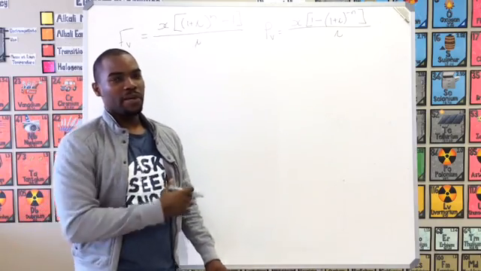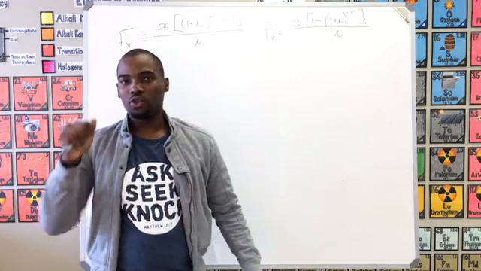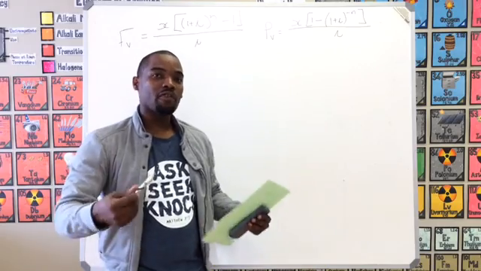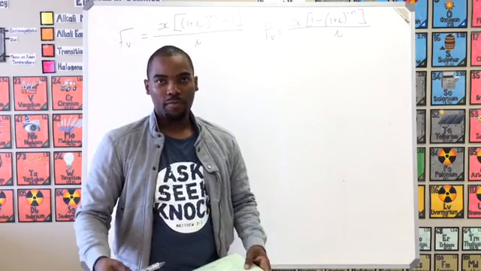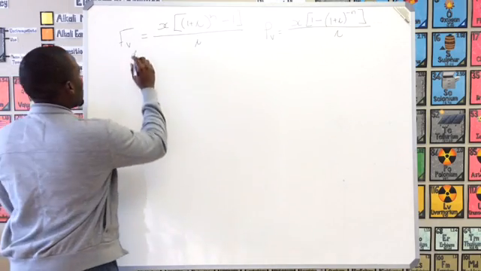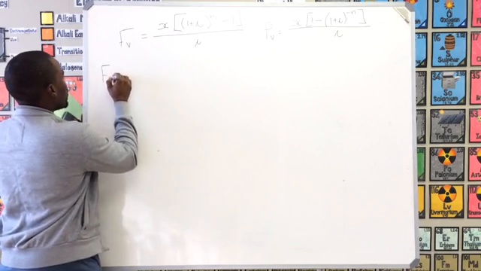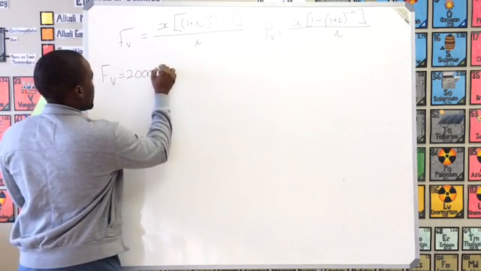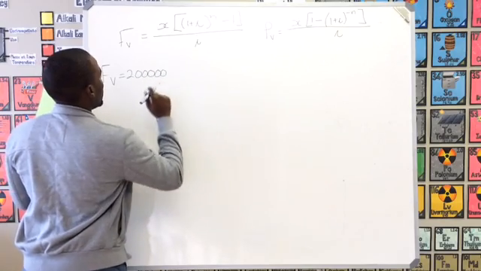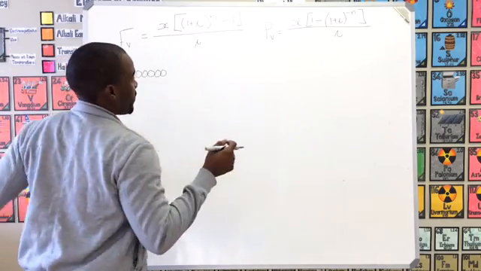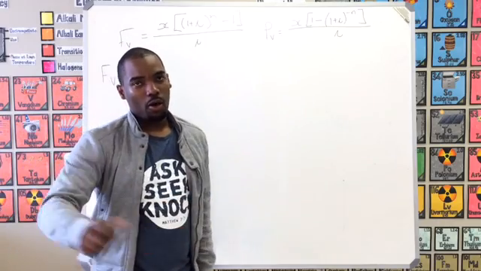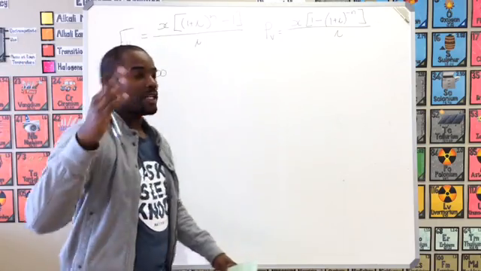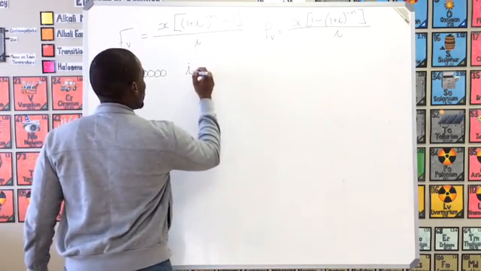So now, again, I'm here and I really want to buy my dream car and it costs me 200,000 Rand, and I want to see how much money I need to save every month to be able to afford this car 5 years from now? Okay, so in this case, my future value, the value I want to have in 5 years' time, is 200,000 Rand. And let's say the bank says, well, we'll offer you the interest rate of, for example, prime minus 2, and let's say prime was like 10%, so you'd get 8% interest. So then your interest rate would be